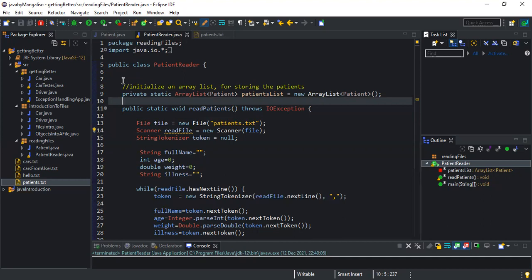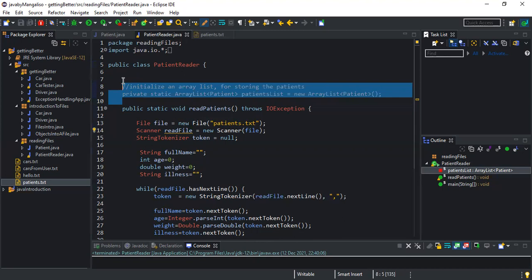So we first initialize the array list that we'll use to store the patient object. And be careful here about our data type. It's not string, double, or whatever. It's patient. Why is the IDE, or the compiler, if I should say, accepting our idea of writing patient here as a type? It's because